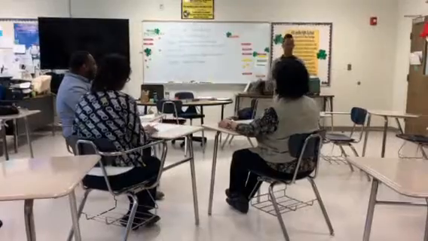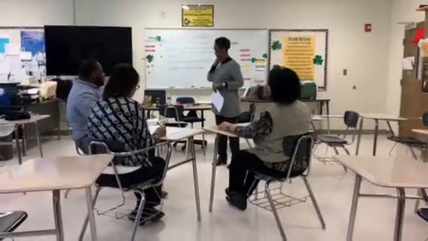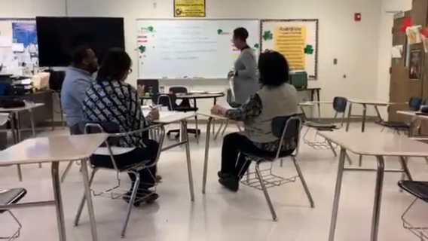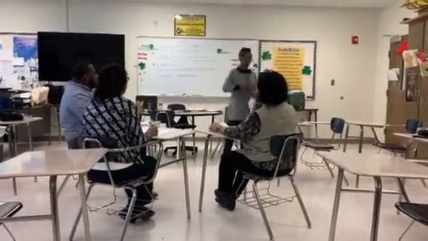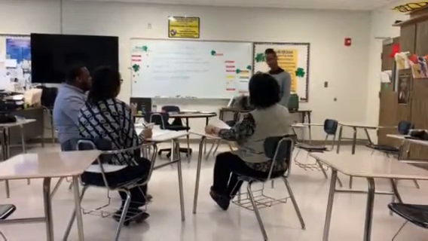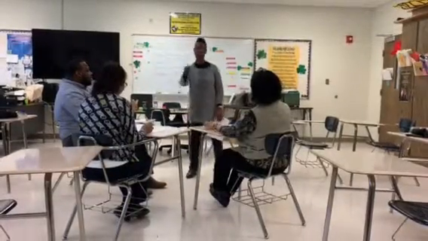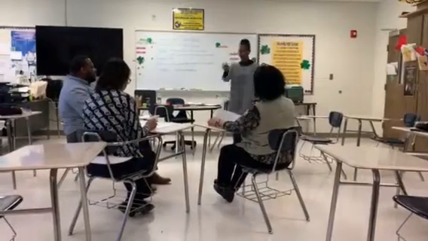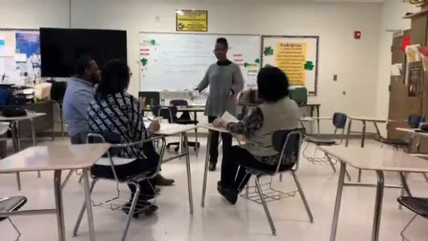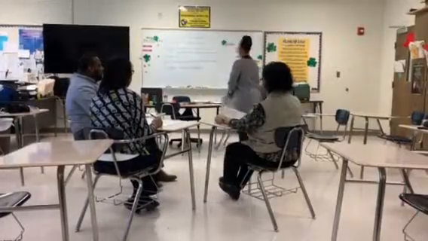What we want to do is identify some things that will let us know that a combustion reaction has taken place. If I wanted to light a candle, and the candle is burning, and I take a jar and put it over that candle, what's going to happen? It's going to go out. Why? It doesn't have any oxygen. Oh, you have just identified a combustion reaction. So you're telling me in order for a combustion reaction to take place, it must take place in the presence of oxygen. Oh, you are just awesome.